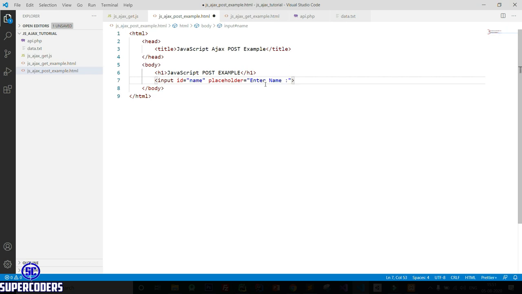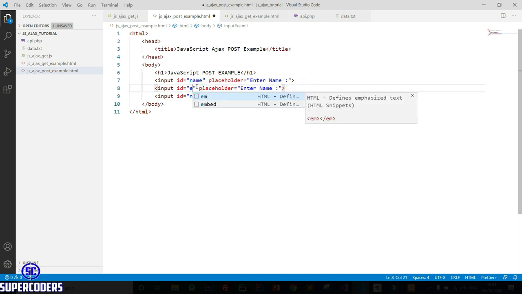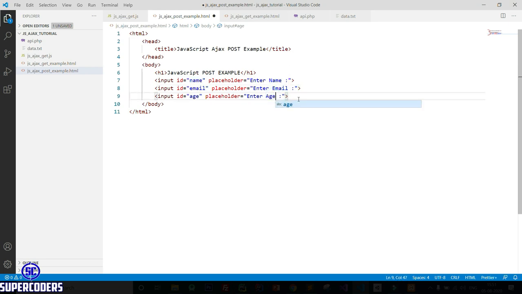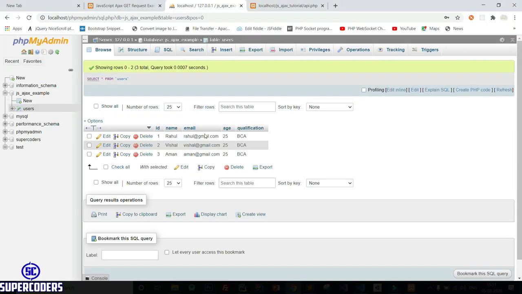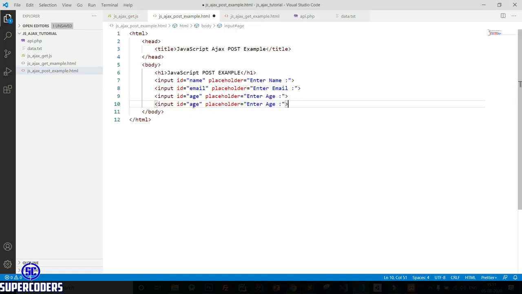Again type Ctrl D, email and age, Ctrl D, and finally qualification, enter qualification.